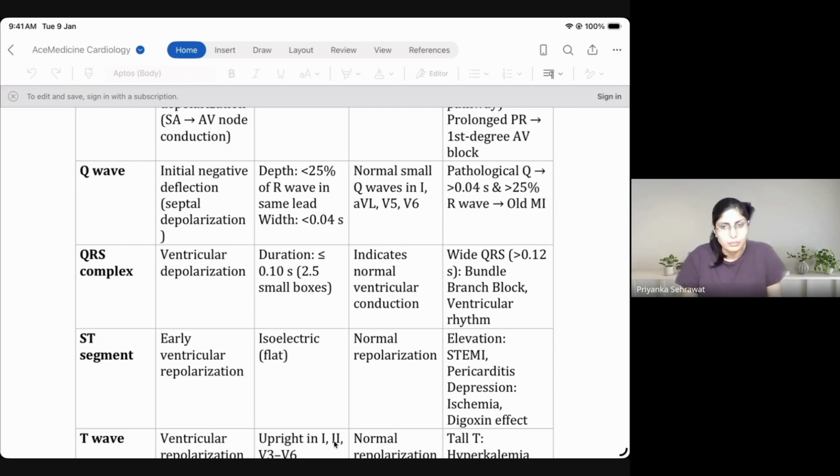When can that happen? If there is a bundle branch block, if there is an ischemia of the bundle of His, or if there are ischemic regions in the ventricular muscle, we can get abnormal QRS complexes in anything that involves the ventricles or the ventricular conduction system. QRS has nothing to do with the atrium or the AV node or the SA node.